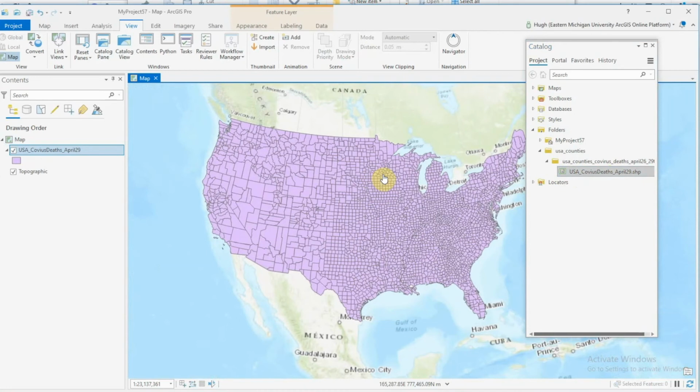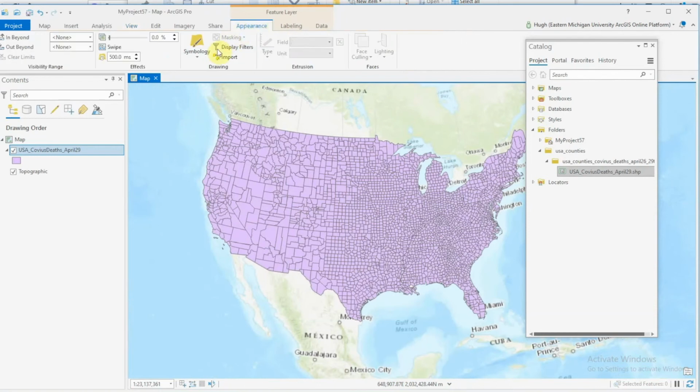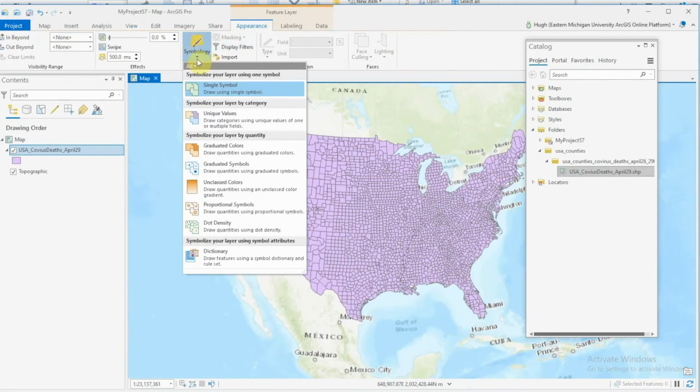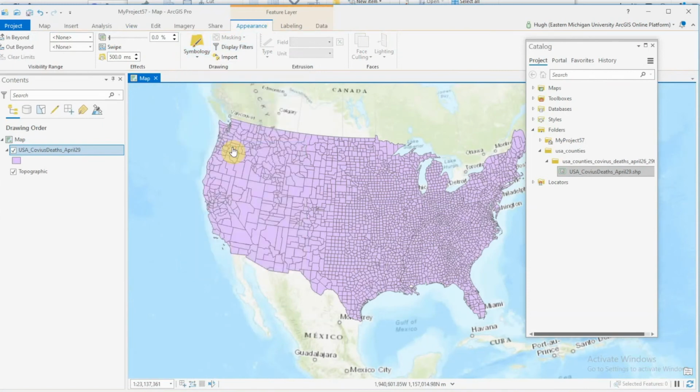Okay, now the remaining part of the assignment requires you to create a thematic map. To create a thematic map, the basic steps are to click on appearance at the top here, and then click on symbology, and all of these things represent different types of thematic maps that you can create. For the lab, we're working on a graduated colors map, so you click on graduated colors,